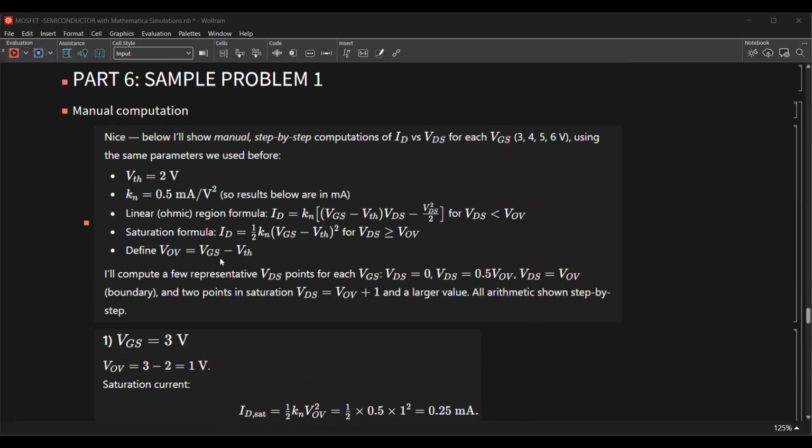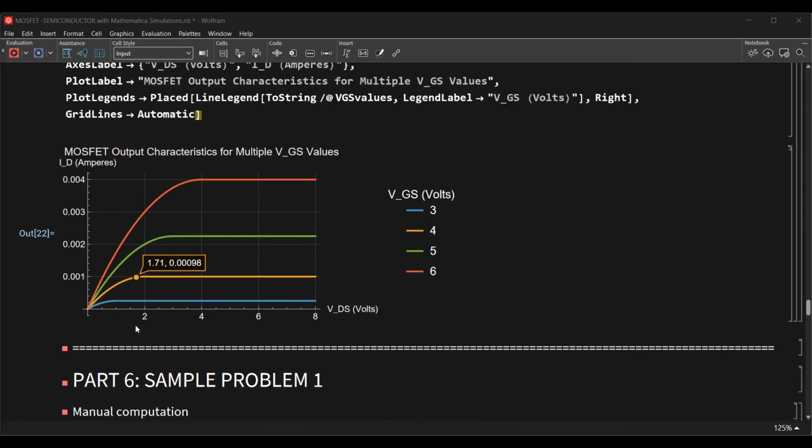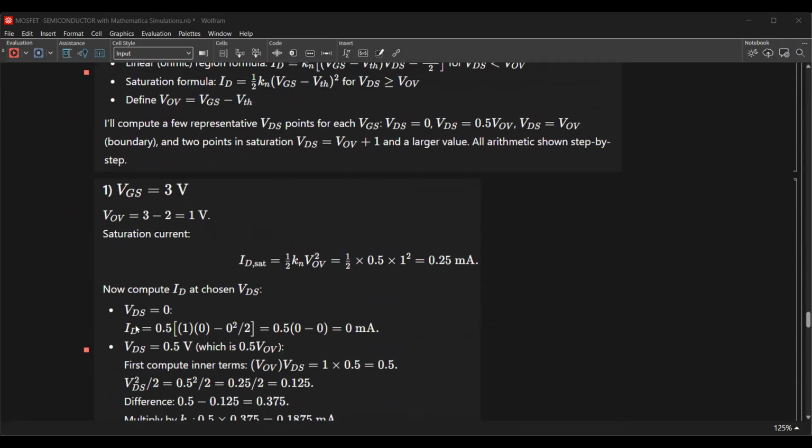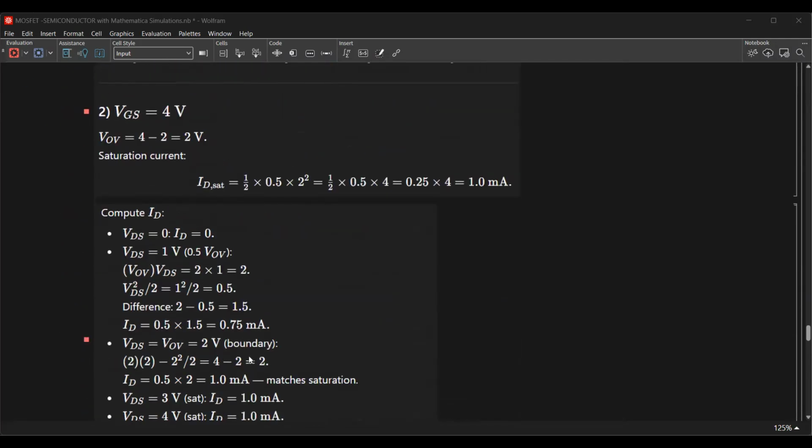Now, if VGS is equal to 4 here, the boundary is around 0.98 milliampere. Let us say for VGS equal to 4, the boundary here is around,